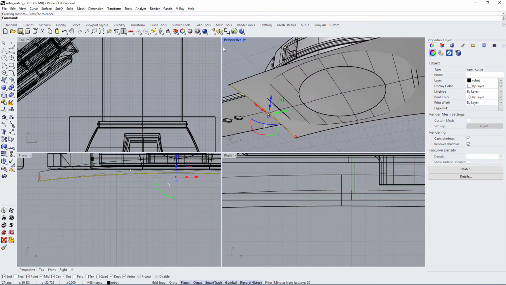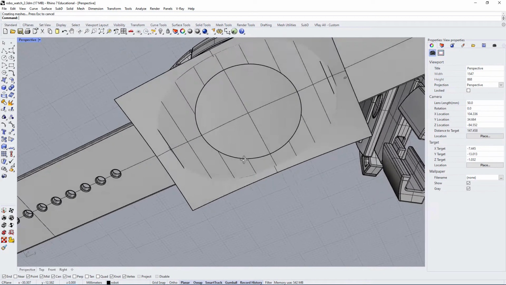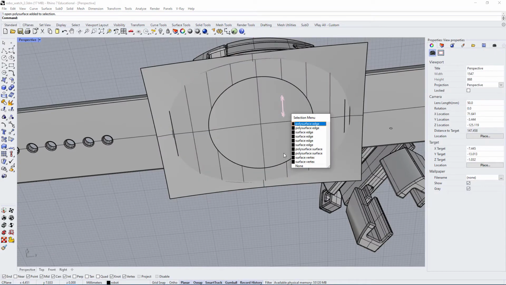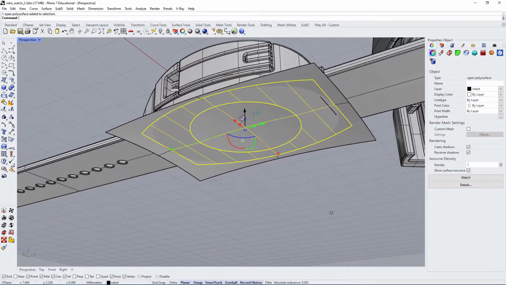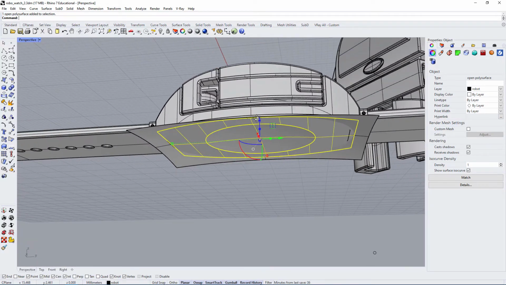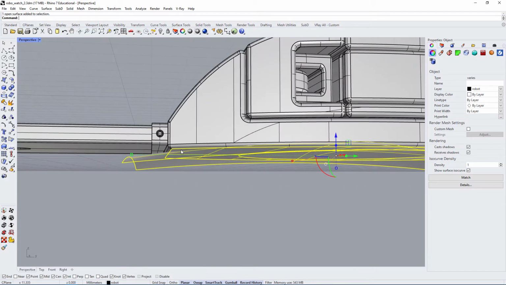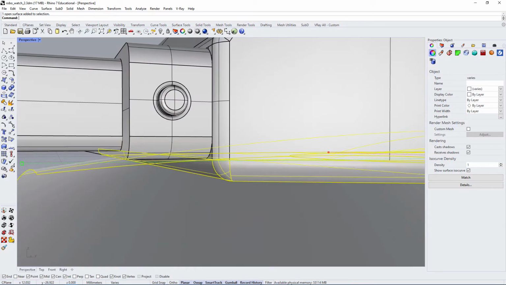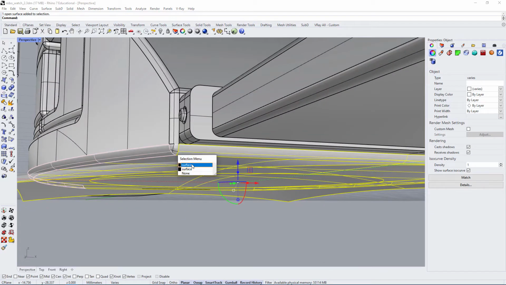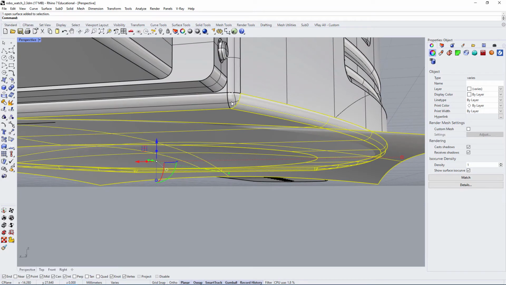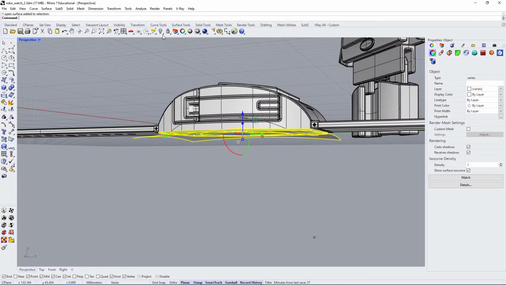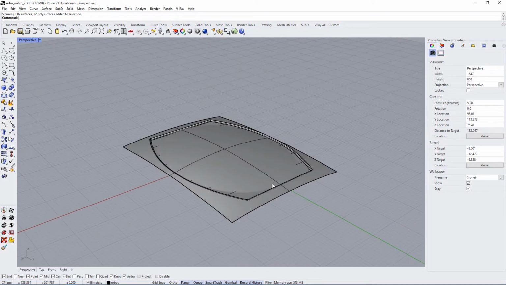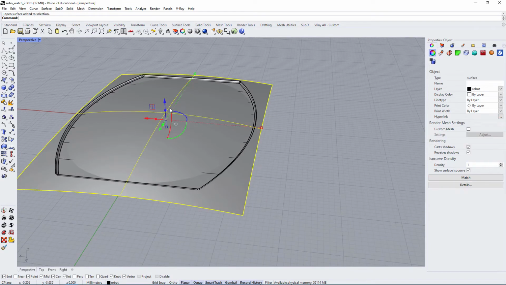Okay, so let's say this is the surface we want to use. Let's see. Okay, so this is joined. We could keep that. Yeah, let's keep this one. And then let's keep all of our fillet surfaces, and we will hide everything else. So now we can really focus on this surface and the relationships between this complex double curved surface and the